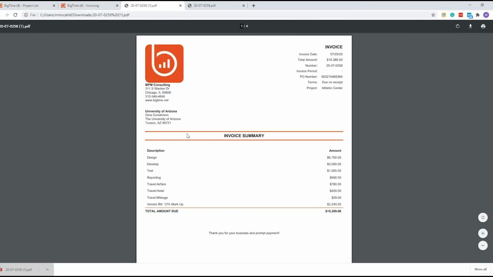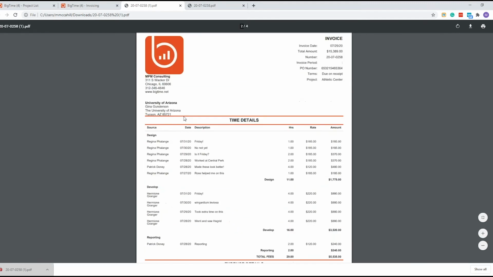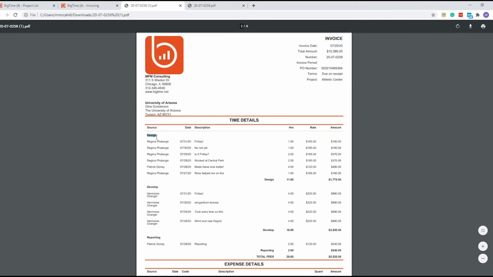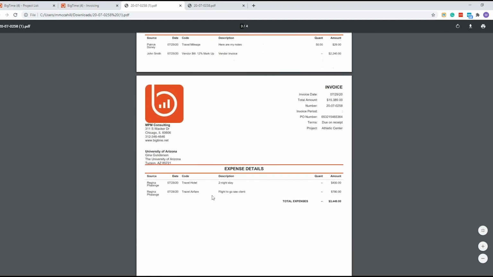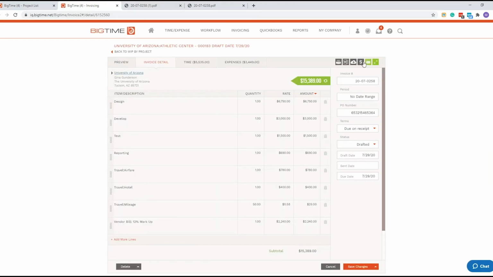Again, I have that sorted by task here on this first page. And now I have it sorted by task. We have the staff, the date, the notes, hours, rate, amount. With these templates, just so you know,